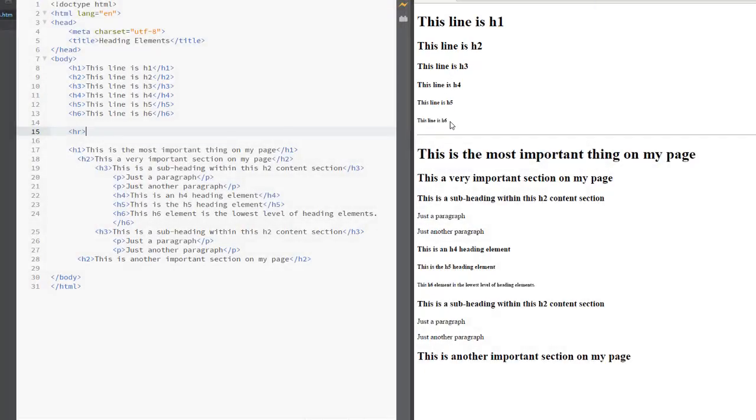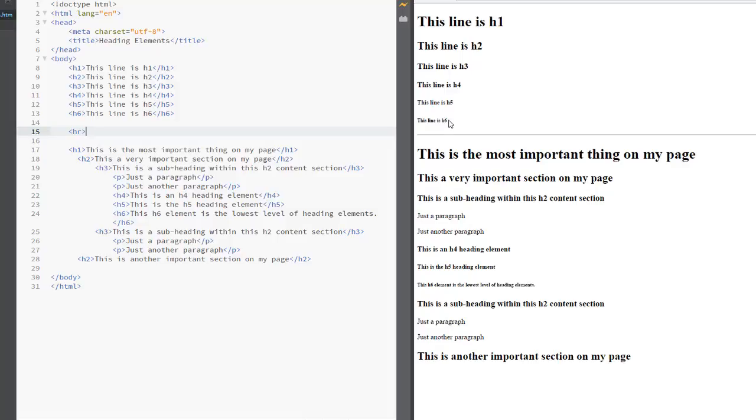Well, even though these elements give us text of different sizes, these are not supposed to be used just whenever you want to get a different size of text. There is a very specific purpose behind these elements. Now, the H1 through H6, that's all there are. There's no H7 or H8. There are just 6 of them. And I can't imagine anybody ever needing to get down to number 6.